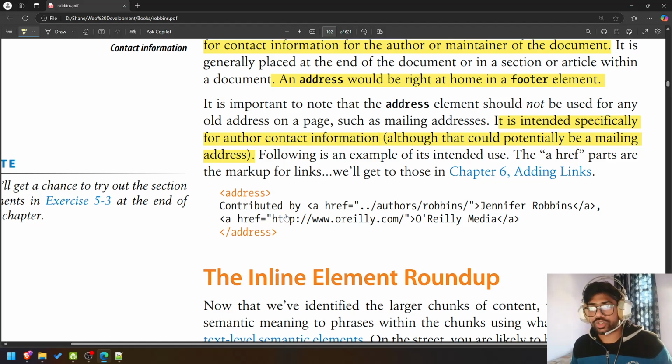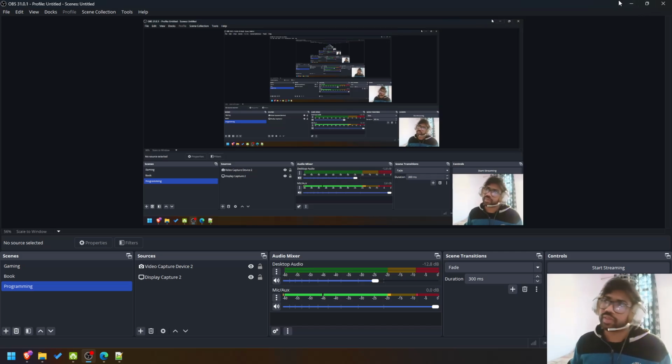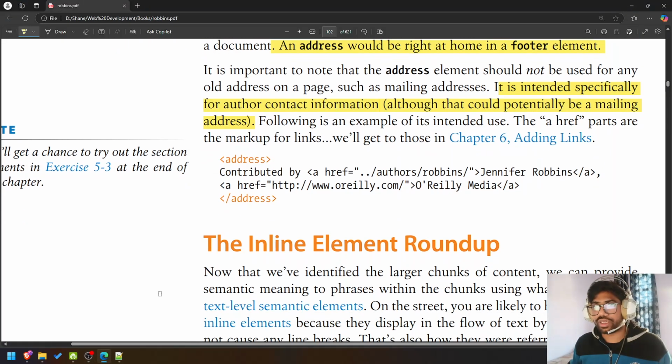Address, contributed by Jennifer Robbins and O'Reilly Media. Right. Okay, so